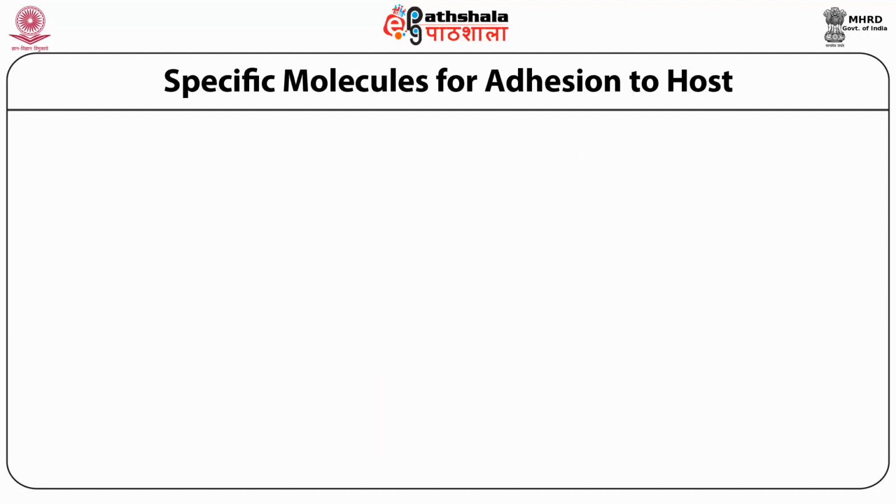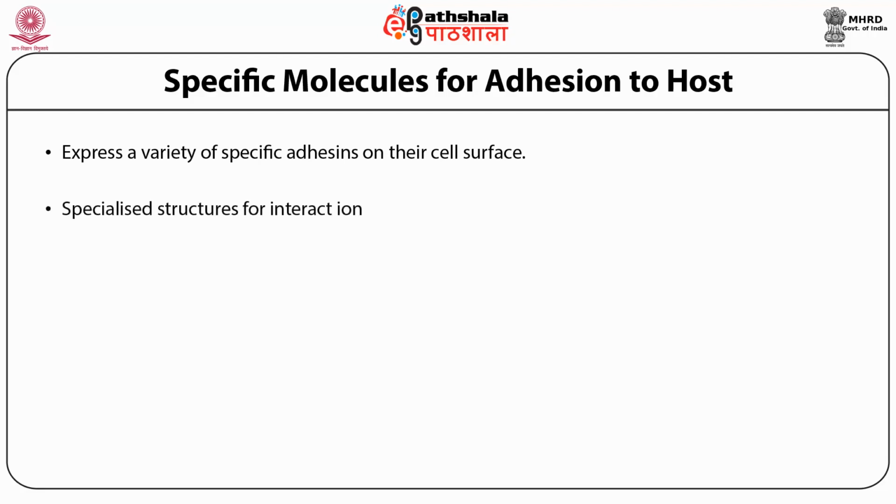We talk about specific molecules for adhesion to the host. Bacterial pathogens specifically express a variety of specific adhesins on their cell surface, which allows them to interact with the receptors on host cells. Hosts have specialized structures for this interaction. Microorganisms also have specialized structures through which they interact with the host, as in the case of